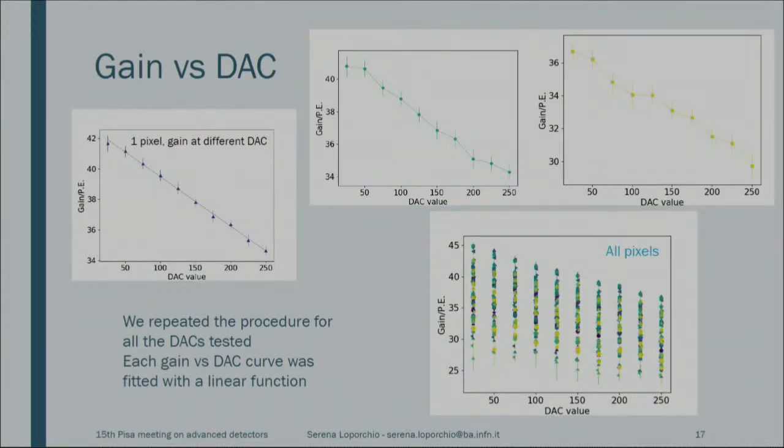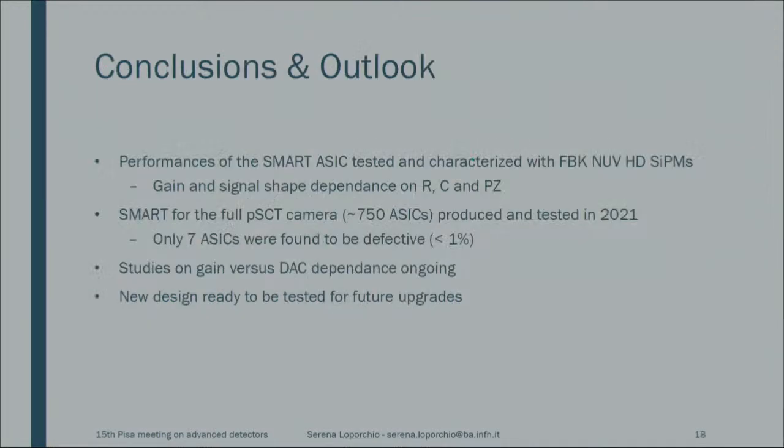So we repeated this procedure for all the pixels and for different DAQ values, as we can see here, and we report here all the 64 pixels. The problem is that, as you can see, there is no DAQ value that can achieve the same gain for all the pixels. This is due to a large spread of the gain of the single pixels with the overvoltage. So what we are thinking of doing is using a reasonable gain with the corresponding DAQ for all the pixels that can be tuned with this DAQ value, and use the closest DAQ value for those that are